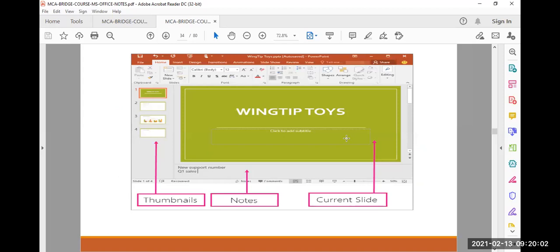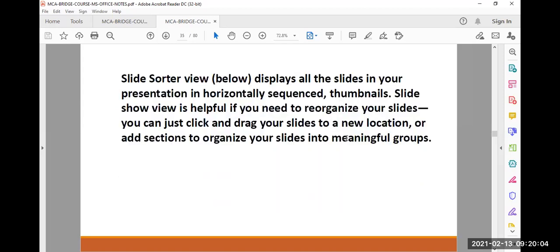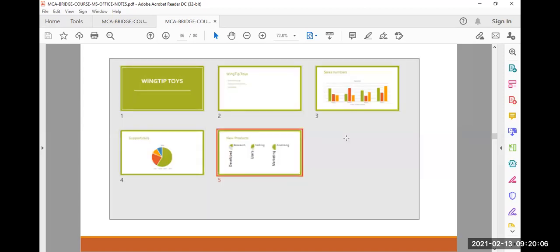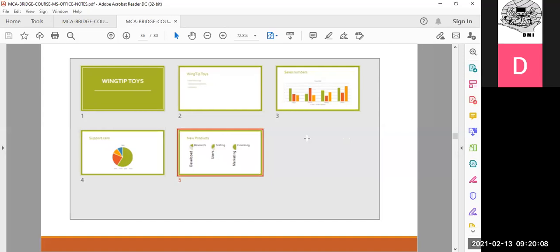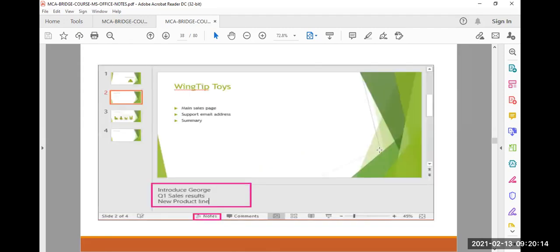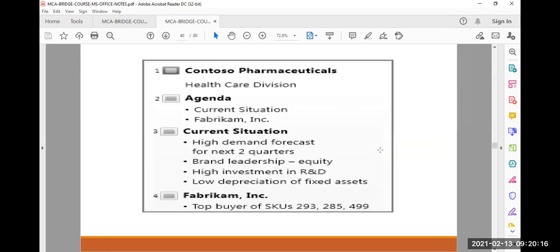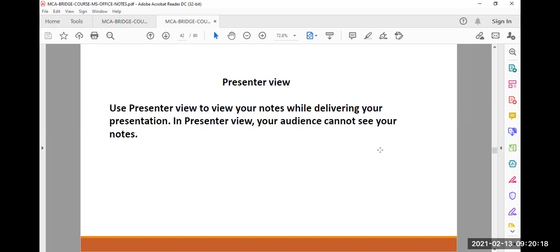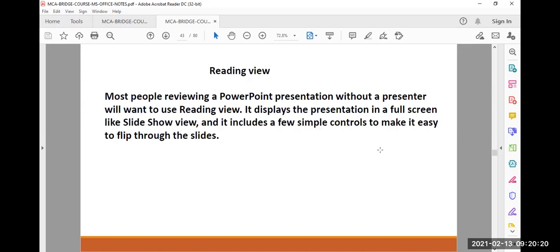A number of views are possible under PowerPoint. Slide sorter view, where you can see all the slides at a time. Outline view, master view, presenter view. Reading means you can read out your presentation.